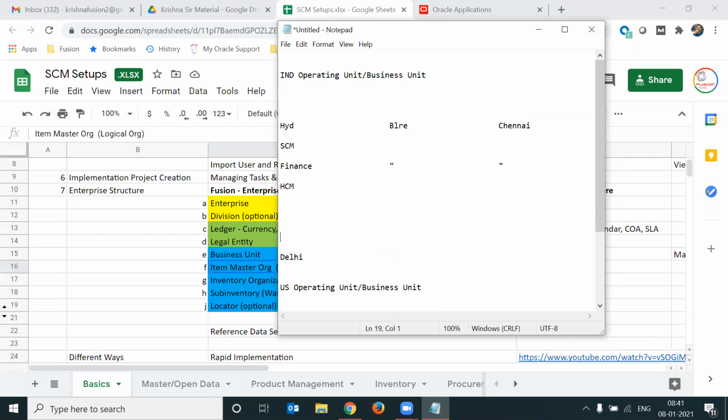I'm offering the same products in Chennai also. Here I'm defining my products in Hyderabad, and the same products I'm defining in Bangalore, and in Chennai also. I have three branches, nothing but three inventory organizations. If I have 1,000 products, then 1,000 into 3. So here we are losing time, because the same products we are defining in multiple inventory organizations.